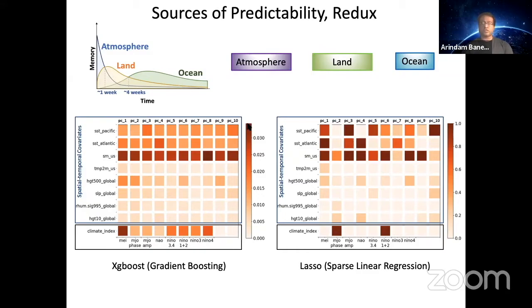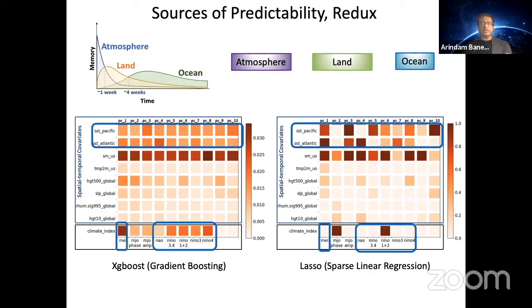Okay, let's see which things got picked from the ocean. So the models, both of these models, felt that SST in Pacific and Atlantic are important. The NINO indices, NAO indices are important. So those got picked up one way or the other. You will see that Lasso is picking things a little bit, it selects certain features, so it does not pick uniformly. That's the nature of Lasso. Gradient boosting is picking them more or less. It considers it important. What about land covariates? So soil moisture got picked up by both of these models and they did really well. They think soil moisture is actually important.